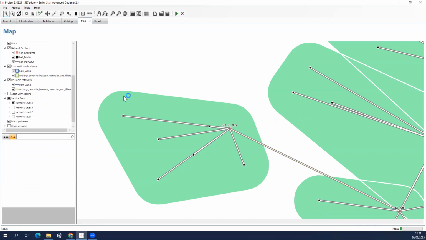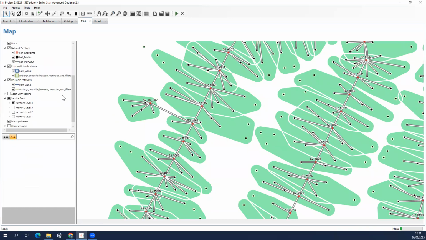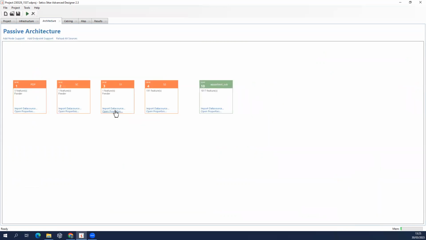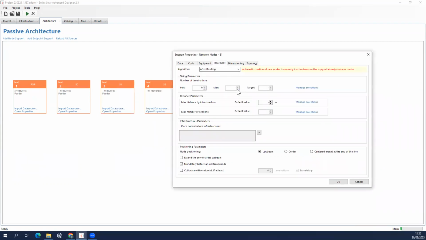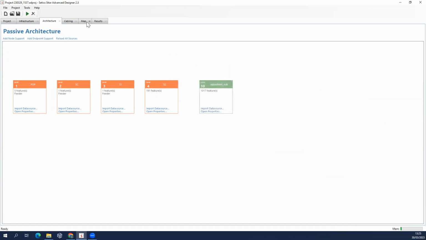I can see also another thing that I wanted to show. So we have a limit for S2. I don't think we have a limit for S1. Okay, no, we don't have a limit for S1, so that's not a problem, because if you have an upper limit, a maximum number of terminations in S1, when you add nodes for S2 for a cluster, you have to check that as well, that you don't surpass the maximum number. Okay, so if we surpass, I mean, it will add more, or it will throw an error, or what will happen? Yeah, you will have another